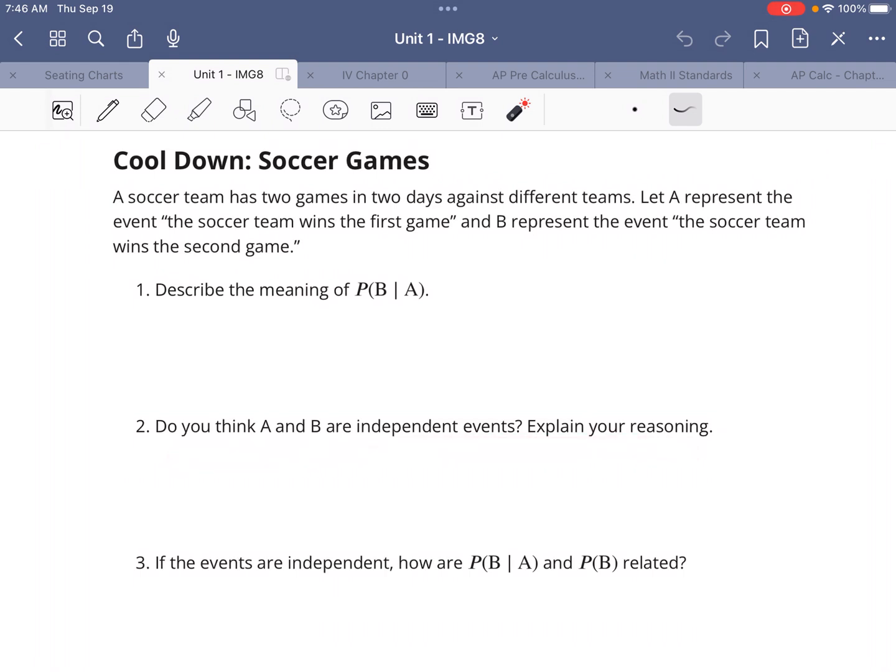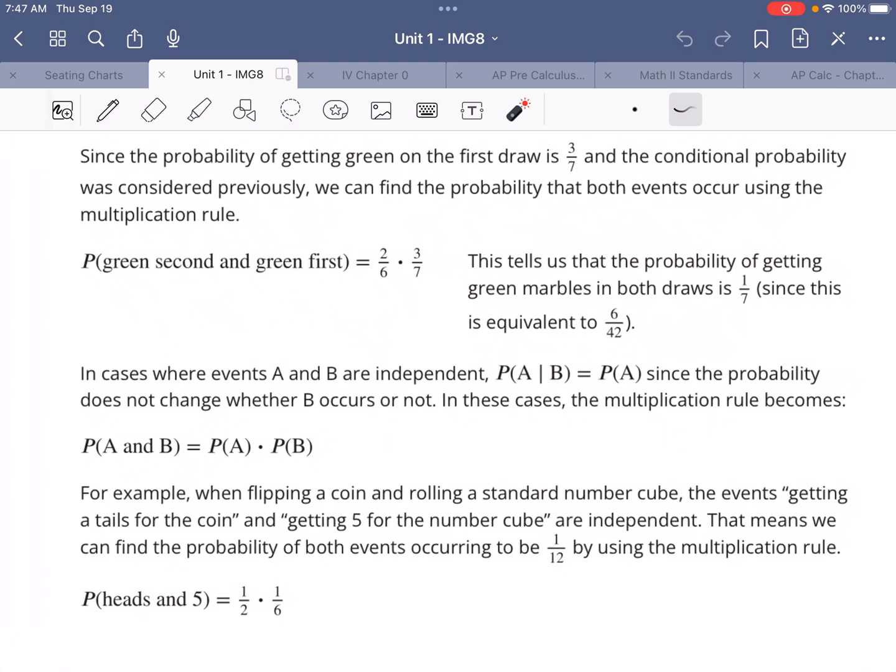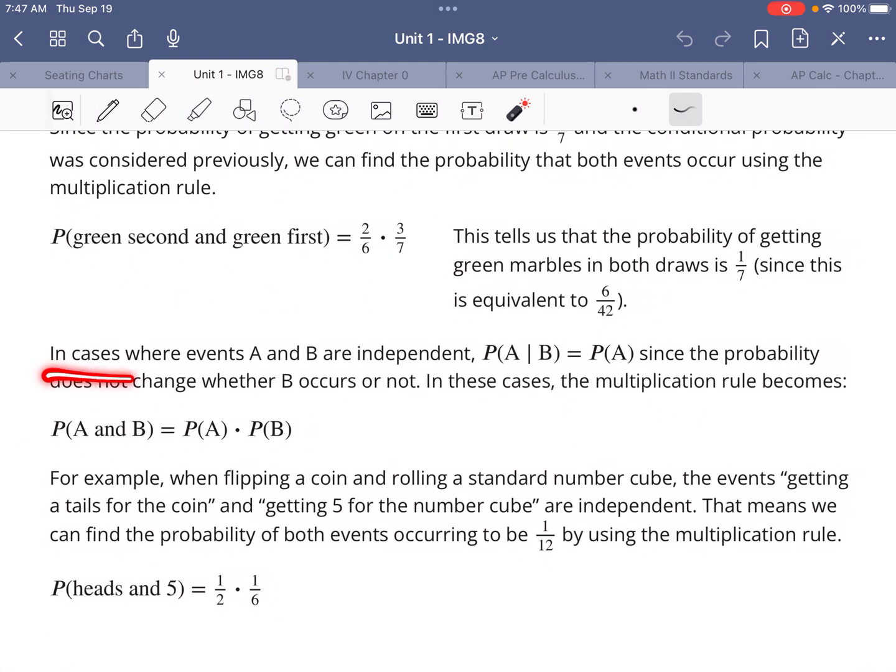In talking with students over the last couple of days, I've heard some interesting arguments either way. I think it maybe could possibly go either way, as long as you have a good argument. Make sure you have a good argument for it. If the events are independent, how are this and this related? Well, that might be something I actually missed. Yeah, I did miss that. Sorry. In cases where events A and B are independent, the probability of A given B is just equal to